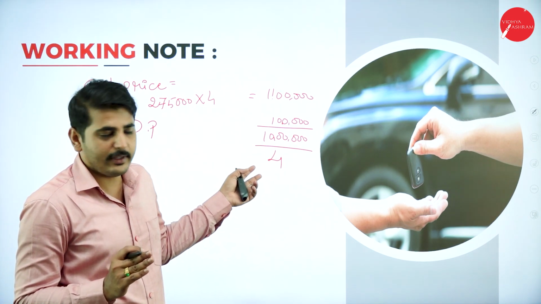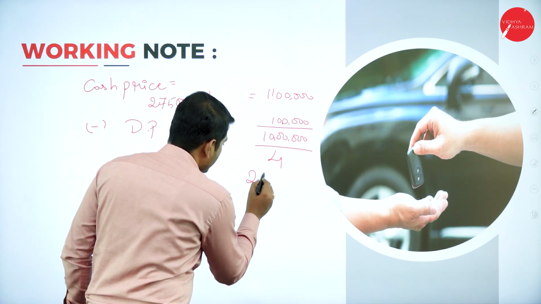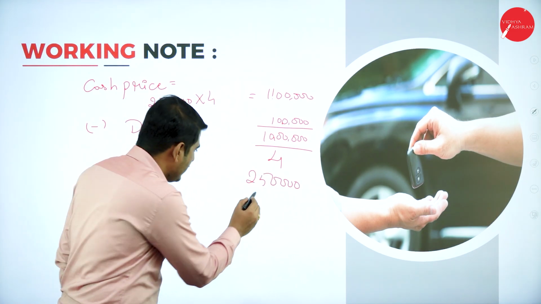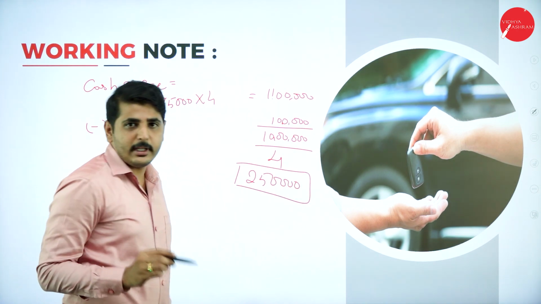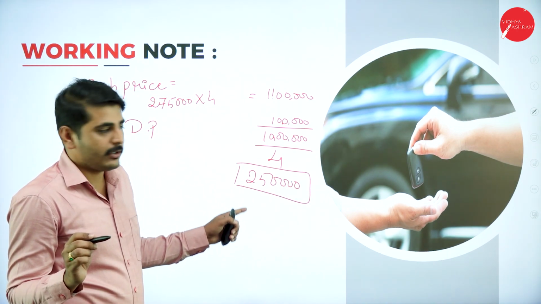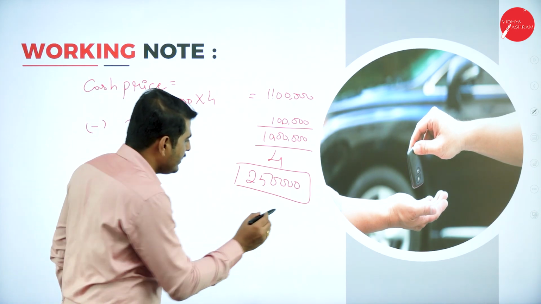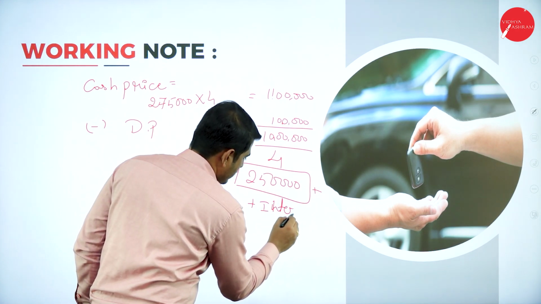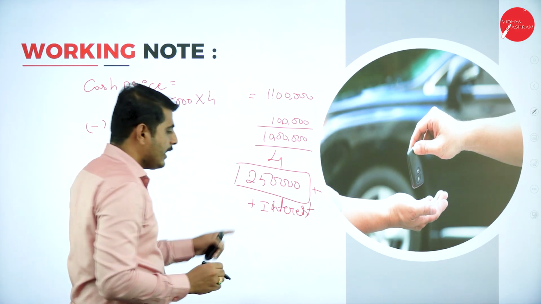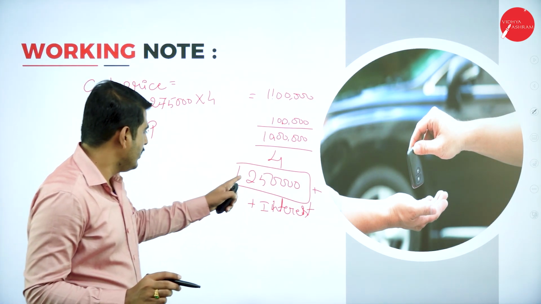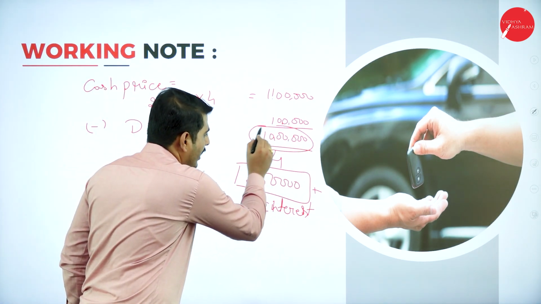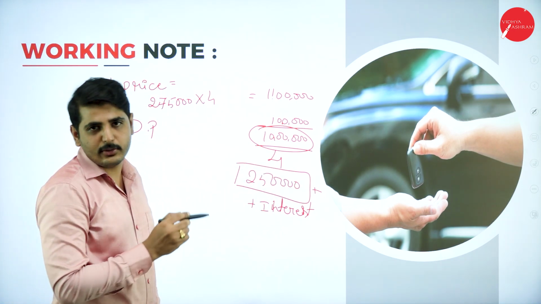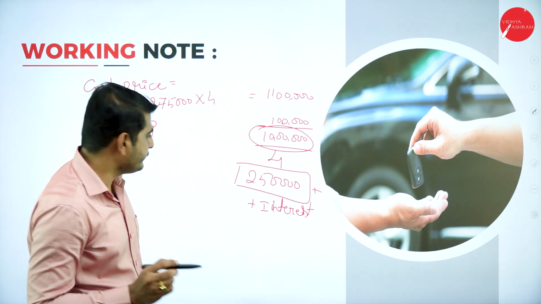This is the first case we are solving. Here, if you get the 2,50,000 for installment, the interest is not included in this amount. This is the principal amount. This is not the installment. Keep this in mind. If you add interest to this, it will become the installment. All this 10 lakh rupees we have divided into 4 equal installments, and if you add the interest to this, it will become the installment. Are you understanding? Next one.